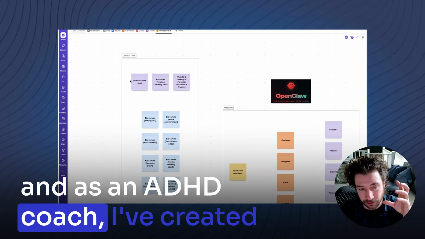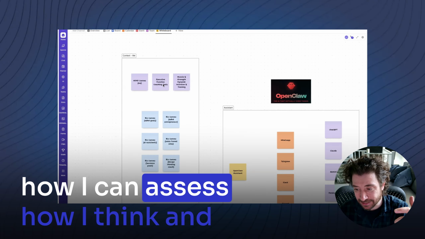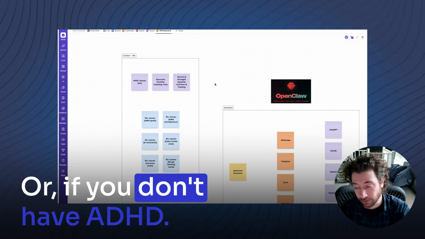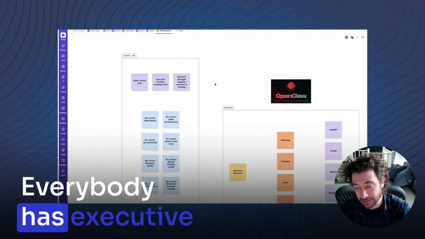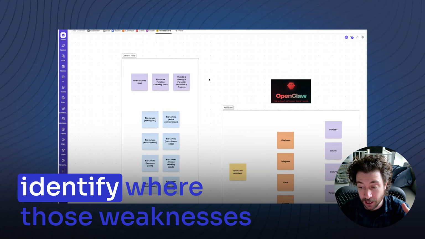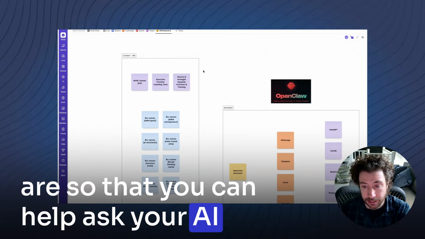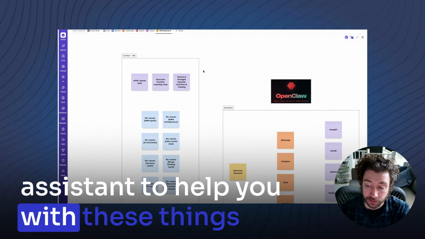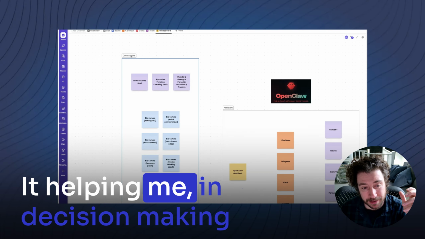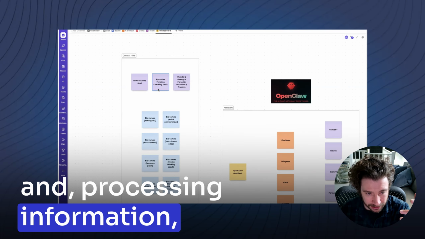As an ADHD coach, I've created the ADHD Canvas, which is a tool I use to assess how I think and where my ADHD challenges are. Or if you don't have ADHD, everybody has executive functioning challenges. So you can use the same canvas to identify where those weaknesses are so that you can ask your AI assistant to help you with these things as well as it helping me in decision making and processing information and